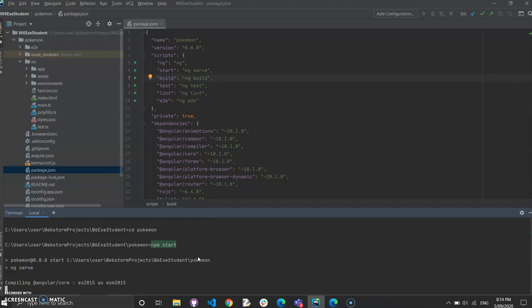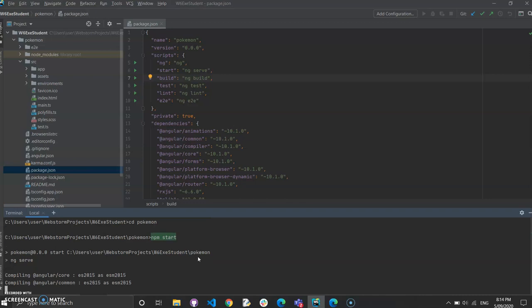It might take a while if you're starting your project for the first time, but once you've got your project running, it would be instant. It is compiling all the resources that are required.